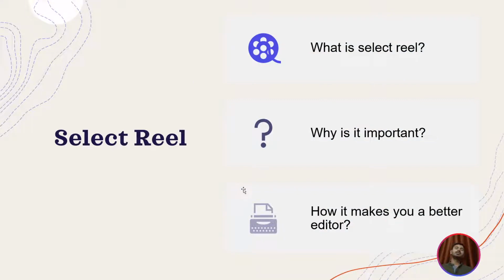So complex selections, select reel. Okay, this is a bit of a jargon. Select reel is your choice of reel. Okay, your choice as in what you selected out of the given set of medium. You had a bin of 50 shots from different angles. Select reel is picking the shots out of those